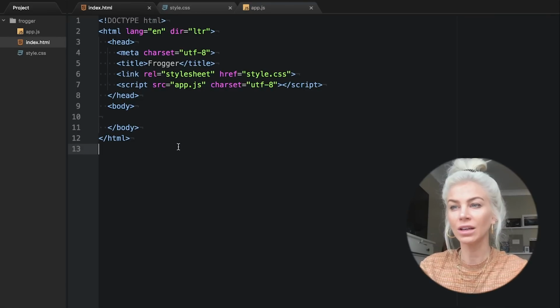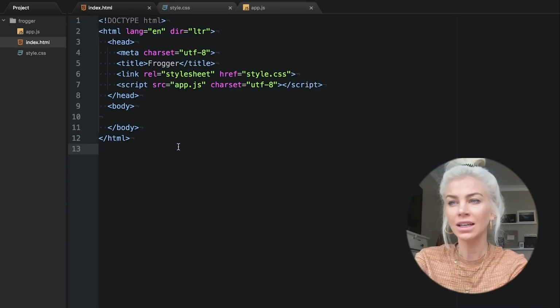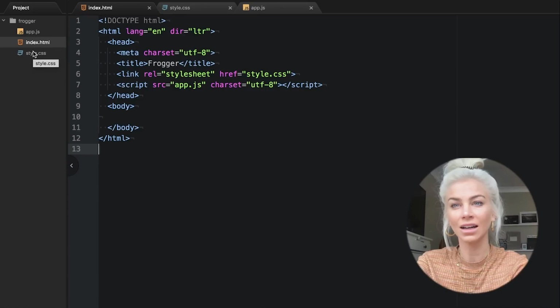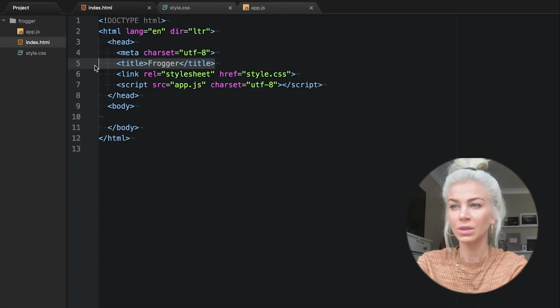So first, let's set up our project with the correct files in our folder. We have the app.js for our JavaScript, index.html for our HTML code, and style.css for our CSS styling. Let's start with the HTML by adding some HTML boilerplate. We will add a title of Frogger for our project that will not visually render in the browser, but show up on the tab. We next need to link our style sheet using a link tag like this to the correct file using an href, and link our JavaScript file again using source and the correct file name of app.js where we store our JavaScript code.